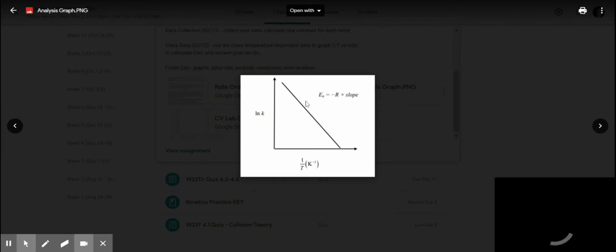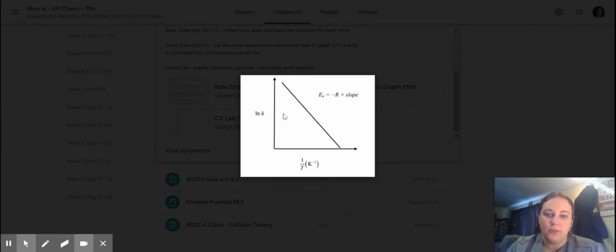And so we want to find activation energy. In order to do that, we're going to graph the inverse Kelvin temperature versus the ln of K. And then when we get a straight line, R times its slope, or negative R times its slope, will give us activation energy. And so that's what we're trying to find in this lab, is the activation energy for this